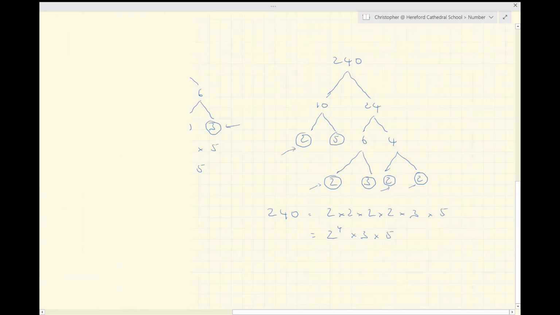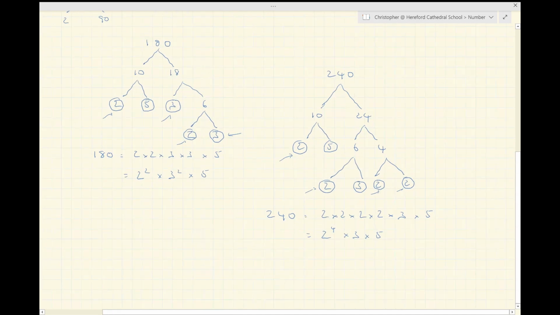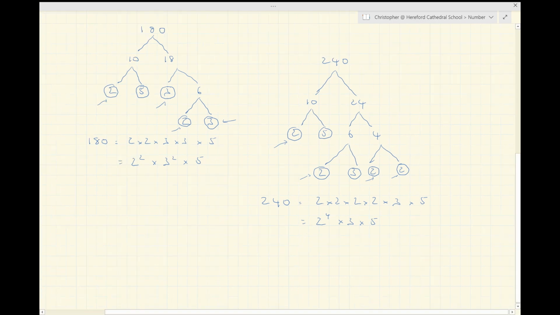Okay, so that's method number 2, factor tree method. I think that's pretty common now. Most people probably use that method. But I've got a method number 3, and I've also got a calculator hack. Right, method number 3. Now, method number 3 is kind of just using common sense, really. So if I do an example as 180, it's kind of like the factor tree method without the tree, because